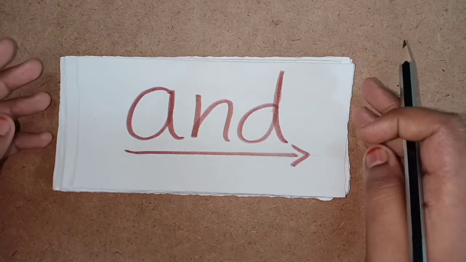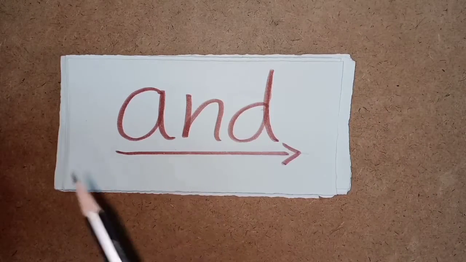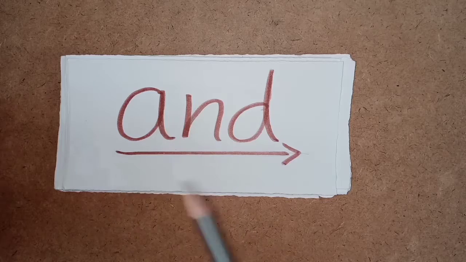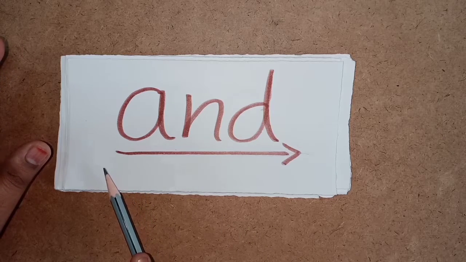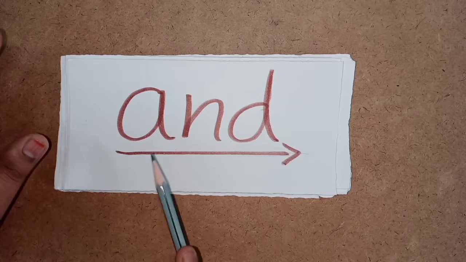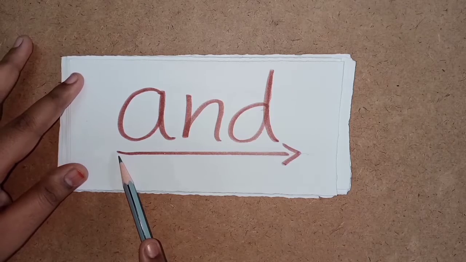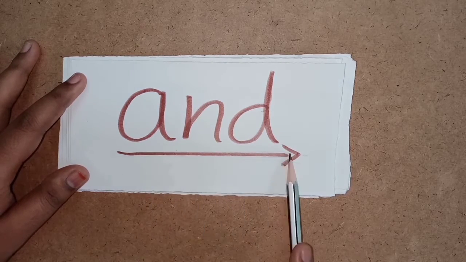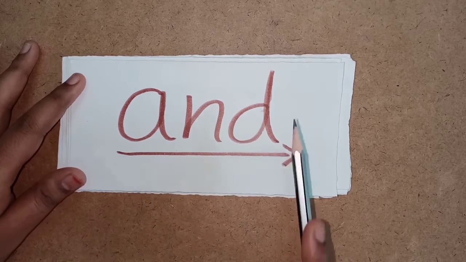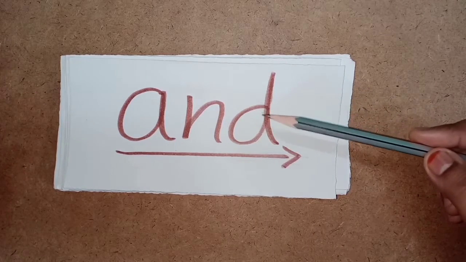So our first step is to take a pointer or use a finger. Take a pointer or use a finger, and make your children pronounce the word. Only the word. Pronounce the word by moving your pointer or your finger in this direction, downward. By this, children will know the pronunciation of the word.